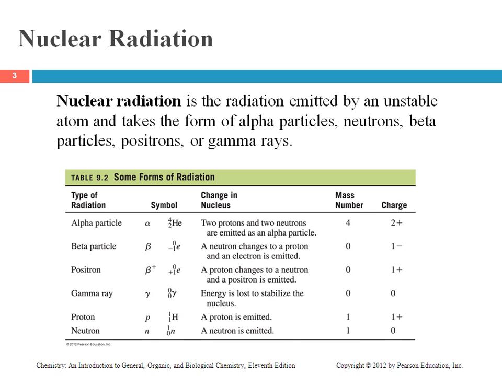Okay. A proton is going to look just like a proton here. We've got a 1 mass number and a 1 atomic number. It has a 1 plus charge. And a neutron looks just like it would in the previous sections. It's got a 1 mass number and a 0 atomic number. And this would be like a neutron that's being emitted. So these are particles or radiation that's going to be emitted from an unstable atom to form one of these